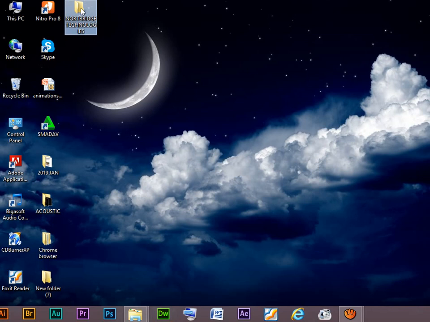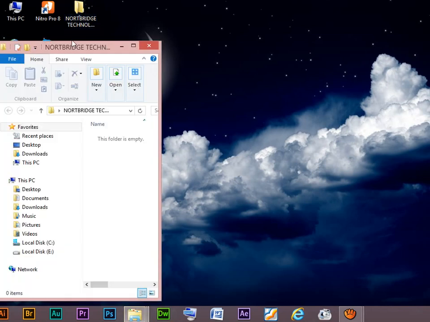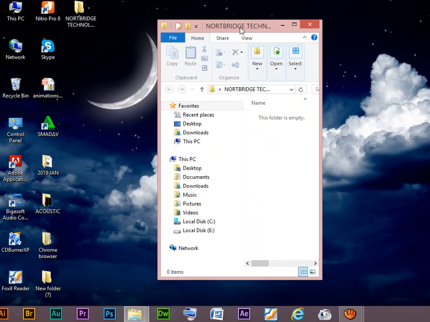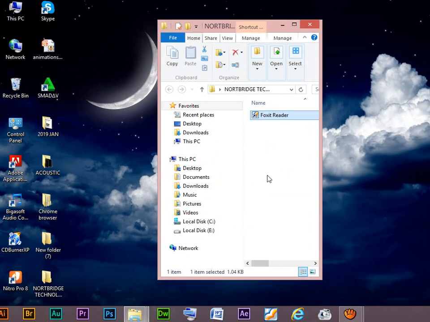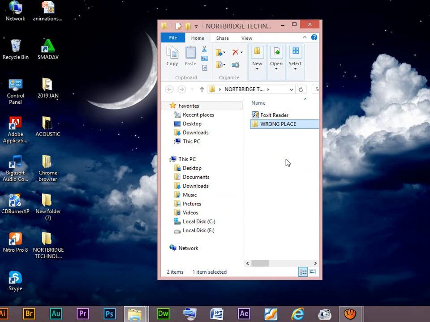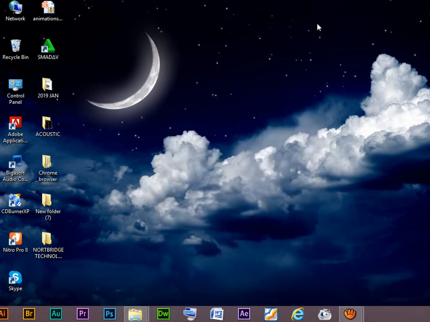You can double click on it. When you double click on it, it will open, showing you its name. Now you can start to drag. You can get files and place them into your folder. Now the folder is fully created on our desktop with the name